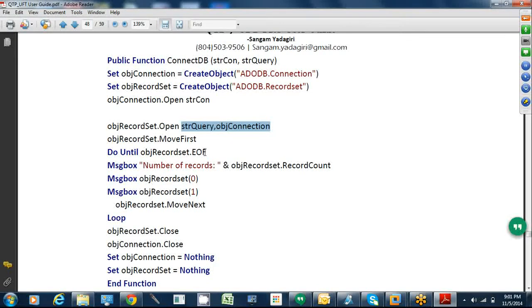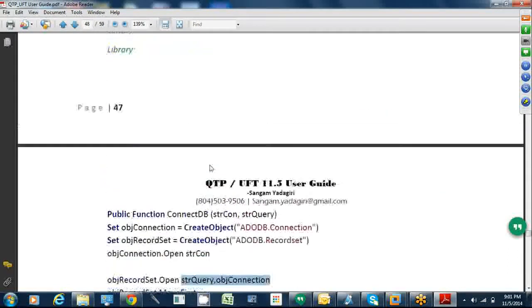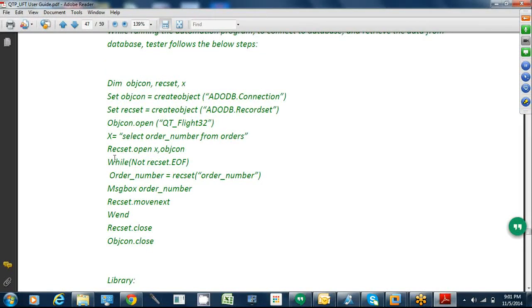Until the end of the file is reached, it will do. Instead of a negation, it's a positive thing: object record set end of the file, until it reaches the end of the file. If you understand the logic, that is similar to while it does not reach the end of the file. See, both are similar.